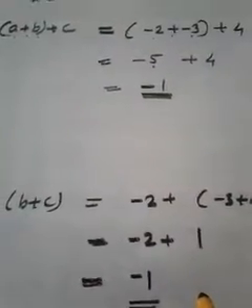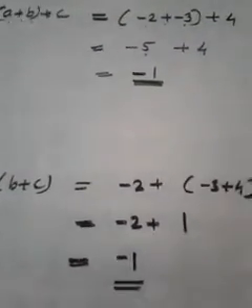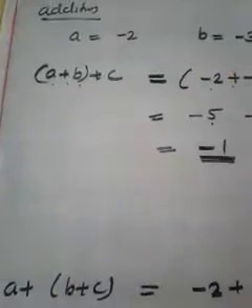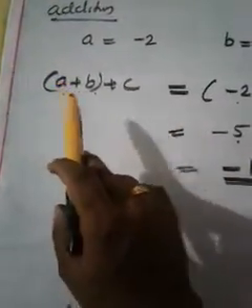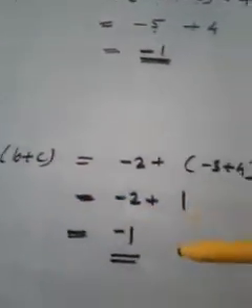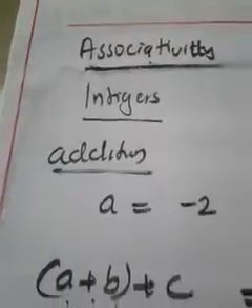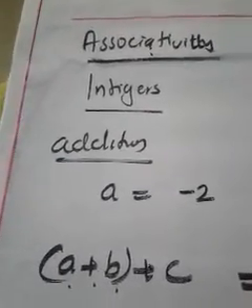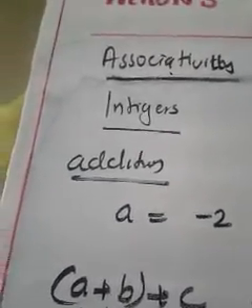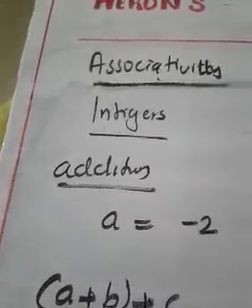Sure. When you take one more example, when you calculate (A plus B) plus C and A plus (B plus C), that also will obey. That means we can conclude that addition is associative in integers. What is the conclusion? After writing one more example, you can conclude that addition is associative in integers.